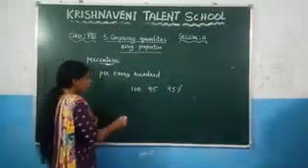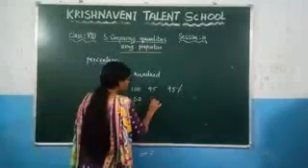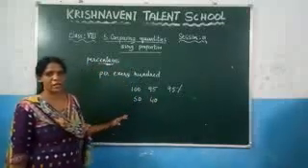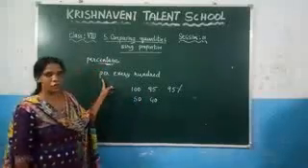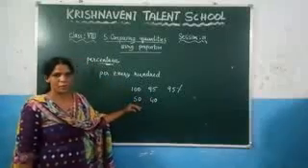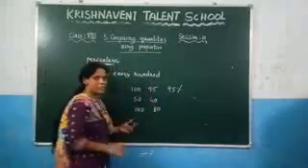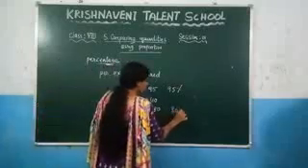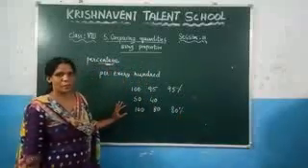Let us suppose one person wrote the exam for 50 marks. For 50 marks he got 40 marks. Can we find the percentage directly? You cannot find it directly, because you need to convert the percentage into the form of per 100. If you want to convert into 100, what do we need to do? You need to double this number. So 50 plus 50 gives you 100, 40 plus 40 gives you 80. Since for every 100 you calculate the percentage, it is 80%. He got 80% in the exam. Like that you can calculate the percentage.